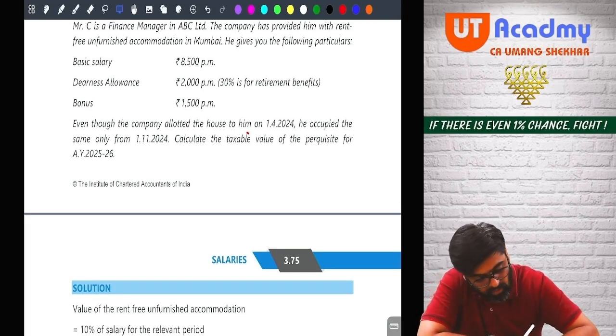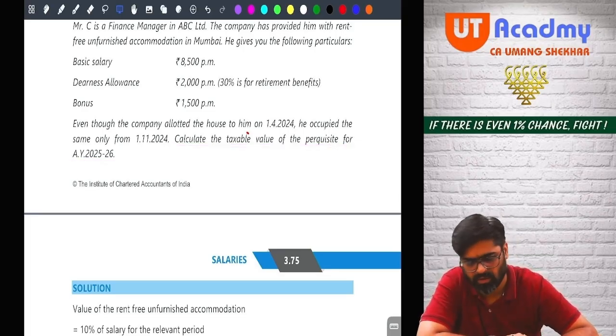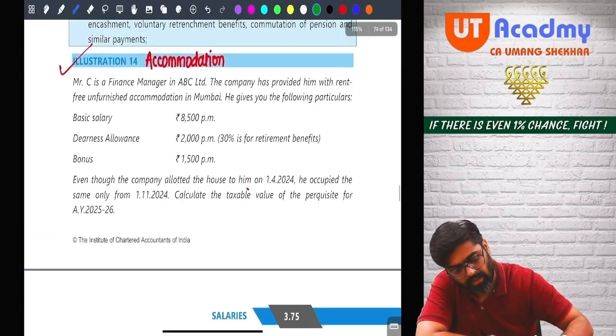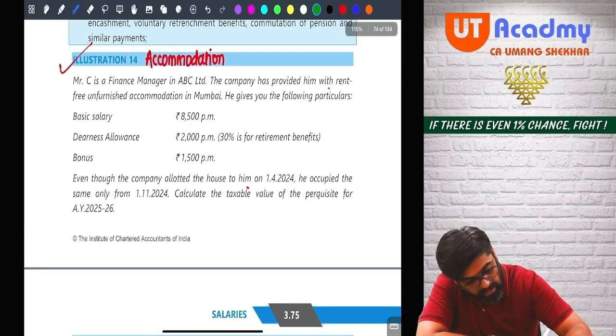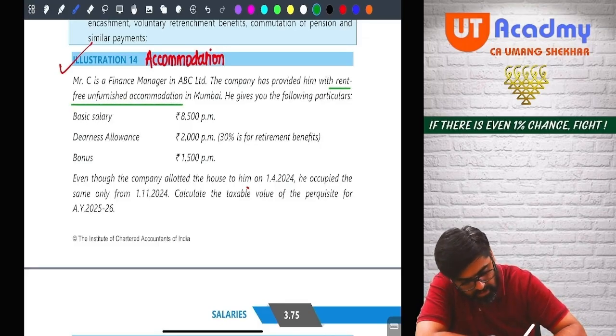They are telling you to calculate the taxable value of perquisite for assessment year 25-26. Very simple. To calculate taxable value, I know that since the rent-free, what did I say? Rent-free unfurnished accommodation is provided in Mumbai. So can I say this accommodation in Mumbai was